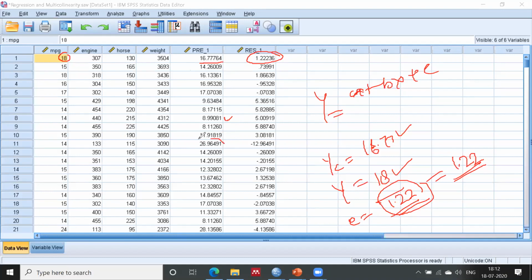Yeah, here it is higher than the actual. So in this case, in the 11th row, my prediction was 26.96. I predicted that sales will be around 27, but what happened to the sale? It was just 14. It has been reported as 14, right? So the gap is my error, simply.